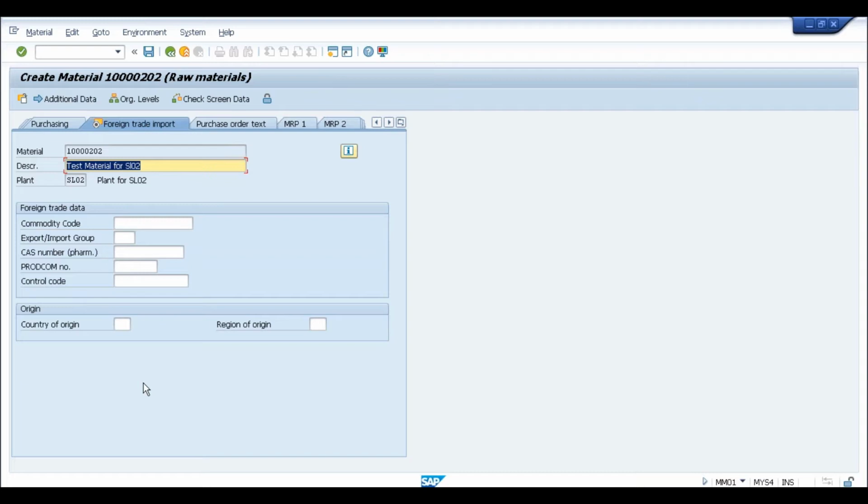Again, telling you the same thing: in ECC, we had two options, foreign trade management, which was the old functionality. Some customers might still be using it, but it is completely replaced with GTS in most clients. That is the reason that when SAP was developing a new product, they thought of dropping foreign trade, because most customers are already using GTS. Even if customers are not using it, if they are going for SAP S4HANA, they should look for the new opportunities available in the SAP portfolio. So they decided to completely remove the foreign trade management functionality. For every customer, it is now mandatory: if they want to comply with the legal requirements, they have to go for GTS.